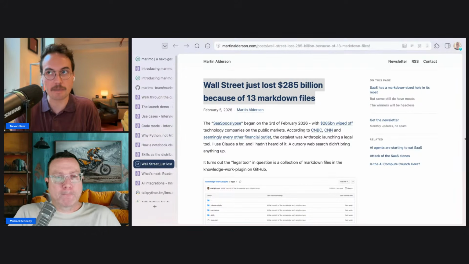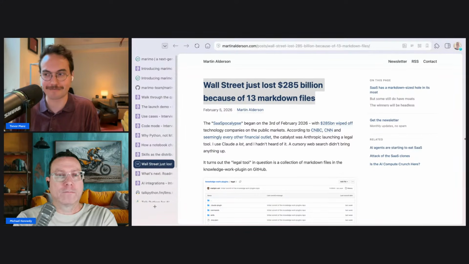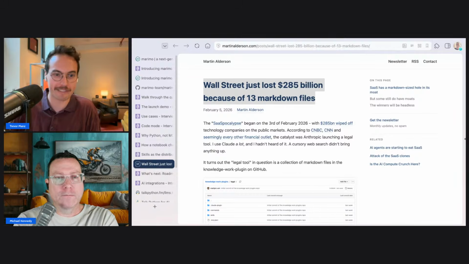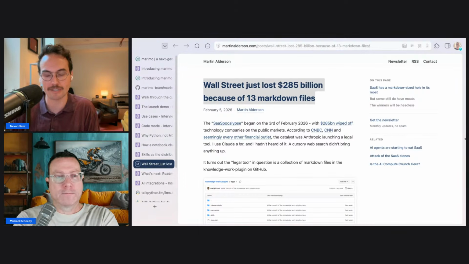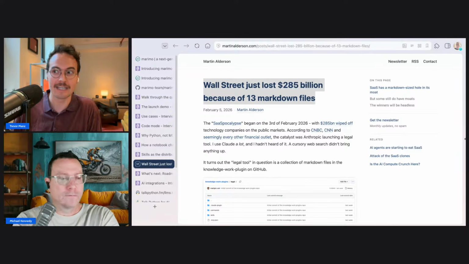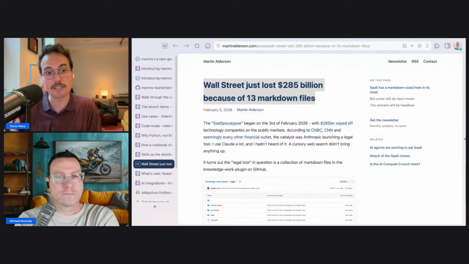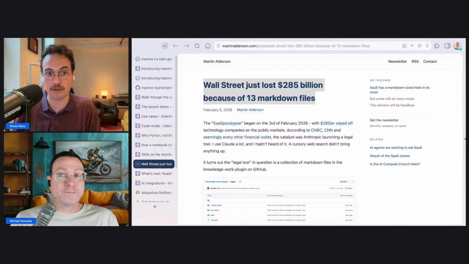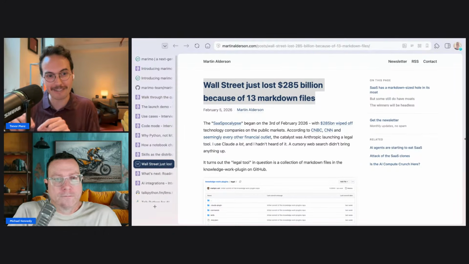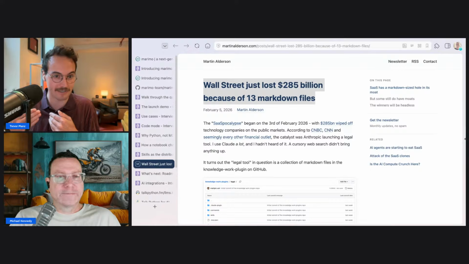Skills started to become a very useful vector for packaging up reusable instructions for how to effectively use a particular command line tool or skill. And so if you actually look at our skill today, it doesn't really tell you much about the internals of Marimo, or how that tool works. Instead it just teaches the agent where that tool exists and how to use it. But then if it wants to learn how to invoke that tool and the different capabilities it has within that active kernel, it actually uses the help command. We instruct it to use the help command to print off the doc strings for itself and then learn in that session how to effectively drive Marimo.